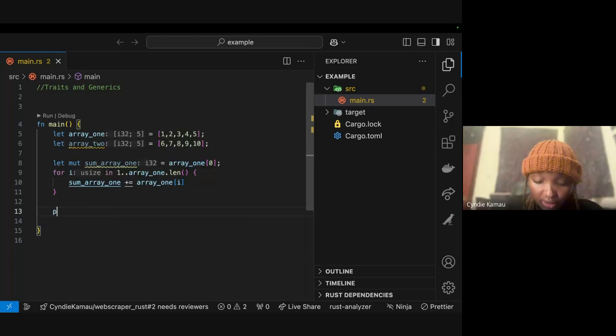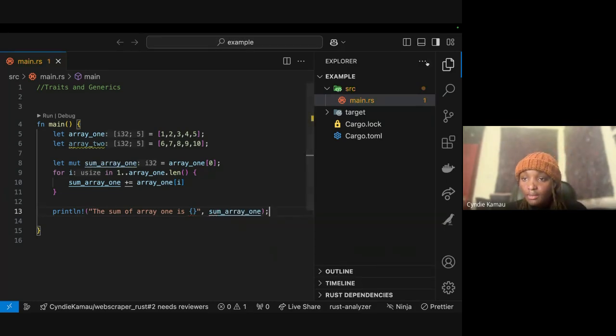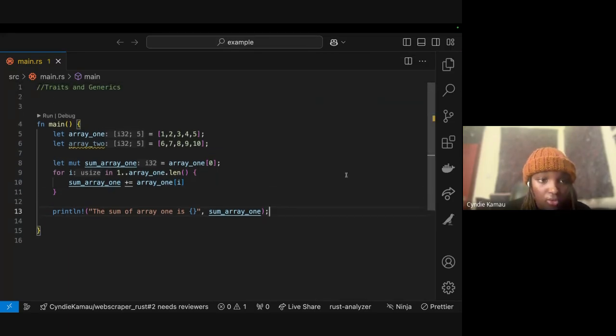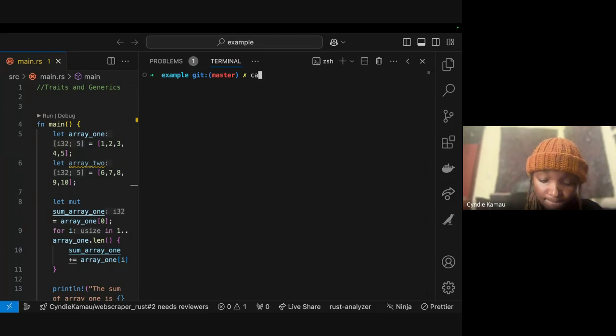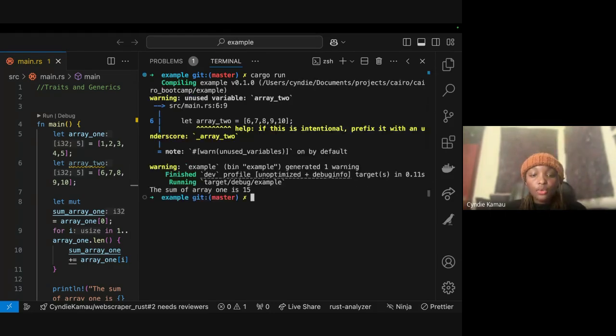So let's print it and then we see. Okay, so to run this, if I was doing the same in Cairo, I would have written scarb cairo-run.